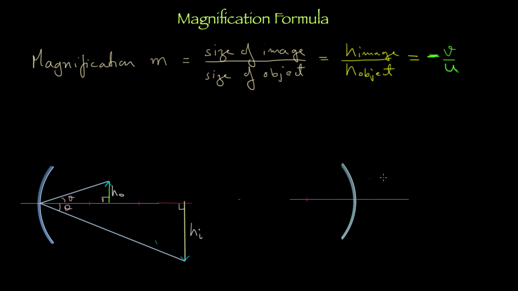Suppose we have a convex mirror. I got an object over here, I got an image over here. Is that okay or wrong? Yes, it's okay. Thank you. So this is my U, right? And this is my V. Can you just propose any random values? I'm okay with any random value.